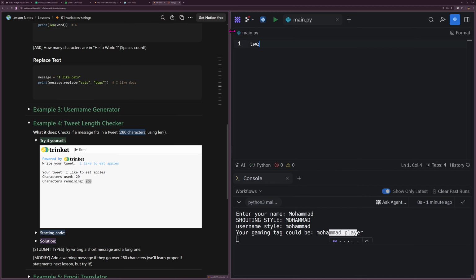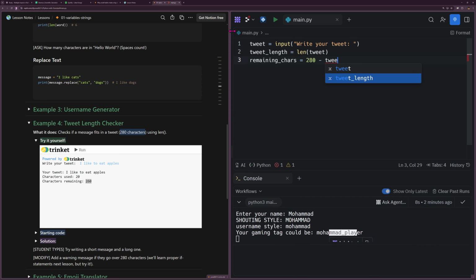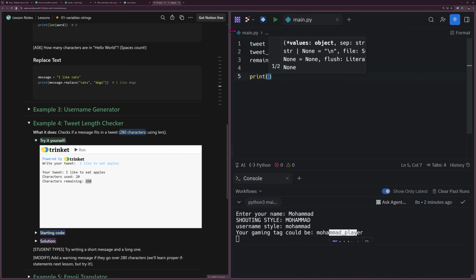So let's say tweet is input, write your tweet. And we can get the tweet length very easily. Tweet length is the length of tweet. And you can do remaining chars is 280 minus tweet length, and we can just print all three of these variables, your tweet